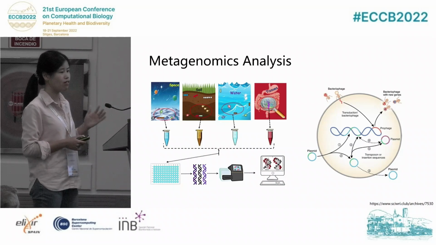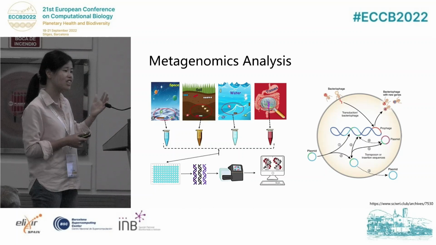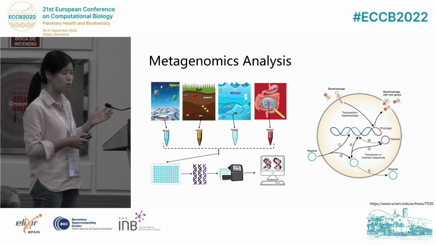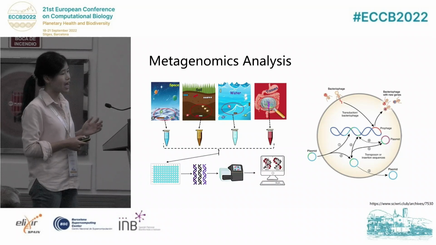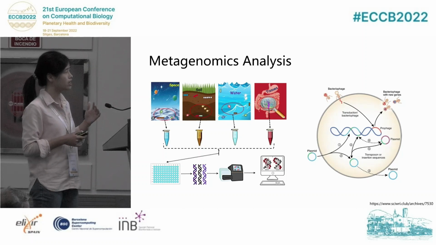Since they can move between different species and can also carry genetic material, they have another name: mobile genetic elements. And the problem of identifying those mobile genetic elements is very critical for us to better understand their function in the microbiome community. So today I will introduce how existing classifiers classify those mobile genetic elements